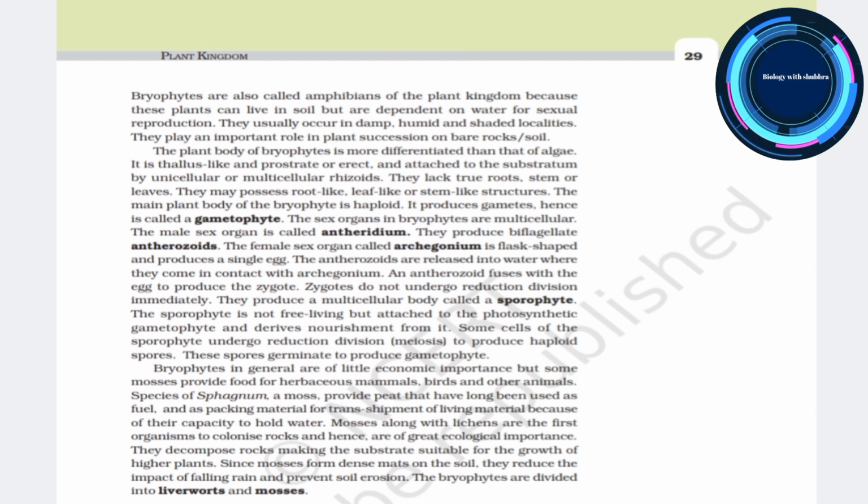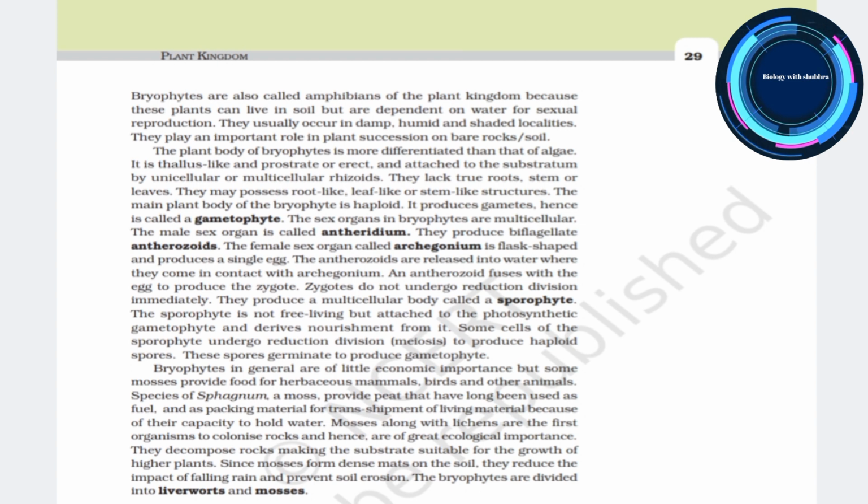The main plant body of the bryophyte is haploid, that is, the gametophytic plant body is dominant. It produces gametes, hence it is called gametophyte. The sex organs of the bryophytes are multicellular. The male sex organ is called antheridium. They produce biflagellate antherozoids. The female sex organ called archegonium is flask-shaped and produces a single egg. The antherozoids are released into water where they come in contact with archegonium, and antherozoid fuses with the egg to